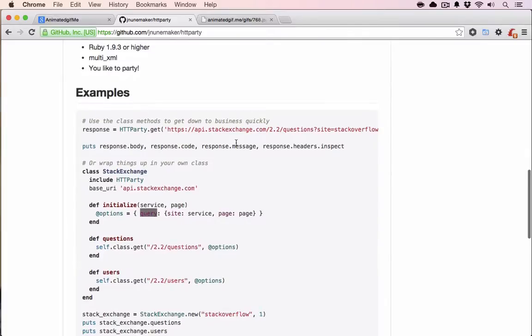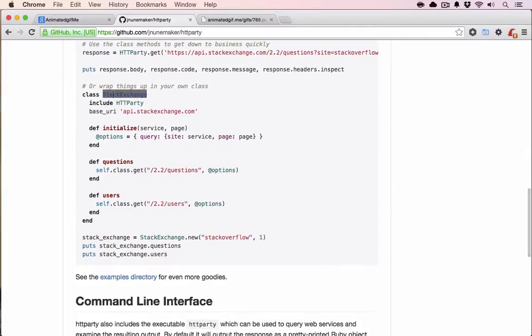And you can see here that for the Stack Exchange example, you just include Httparty, set the base URI, and that is just the domain without any HTTP or any URL after it. So it's just the domain, and then when you initialize, you can set up some things like the service and the page as well. But then when you go into questions,